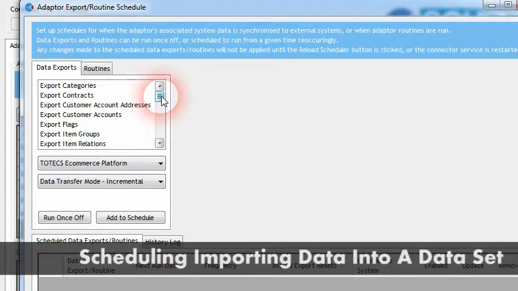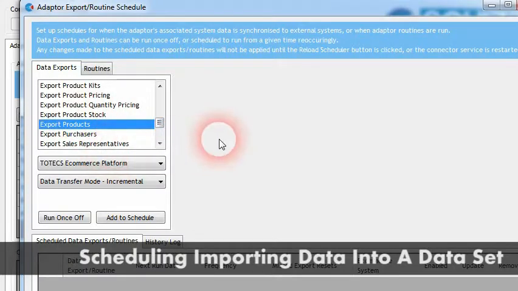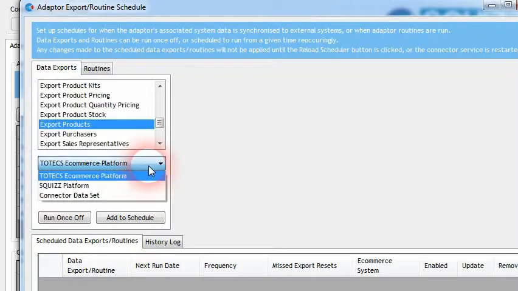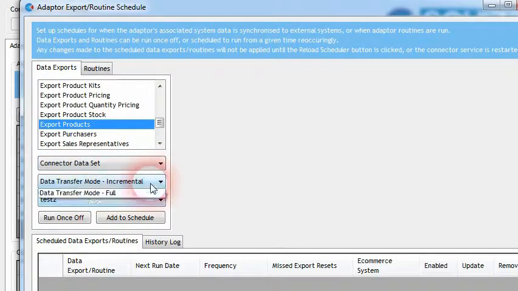we may want to decide to export the data from a different system into a data set at a regular time interval. So all we need to do is, once again, choose our data export, choose the connector, choose the option that we want to go to if we want to make records inactive or not. So we would say, yes, we're getting it out from a data set. We want to do that. Here's the data set we want to import the data into, and then we click the add to schedule